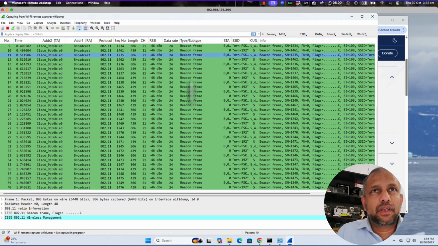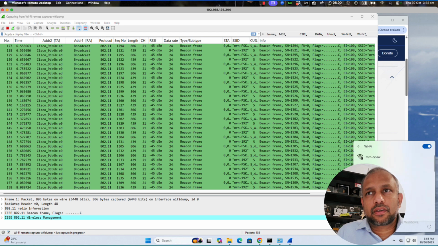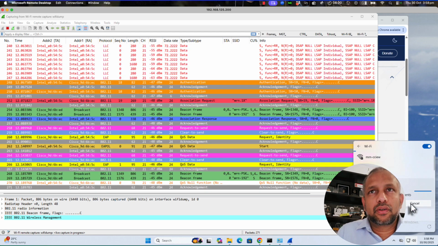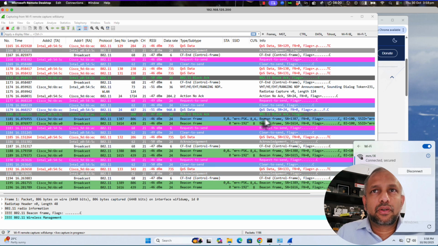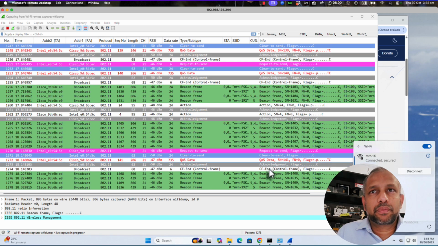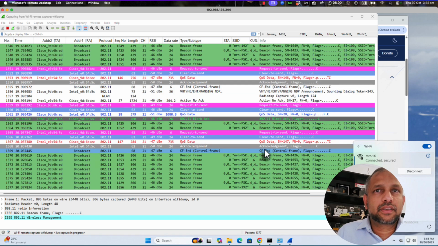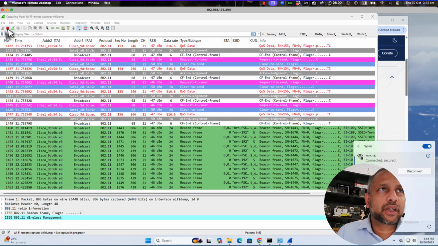Now you can see traffic being captured, but I did not really generate a client association. So let me go ahead and try the .1x SSID and see whether its client goes to, you can see, the client went to 6 gigahertz. So you can see now the client passing data. So you capture the traffic in this example. Now if you stop the capture